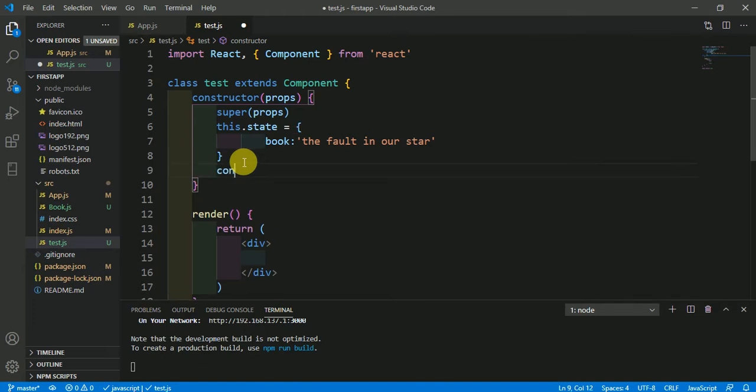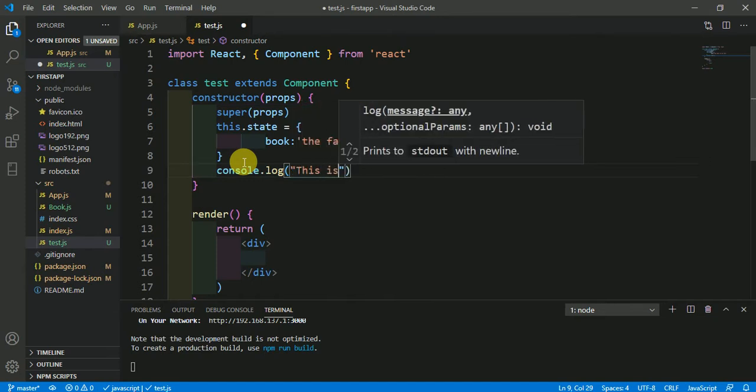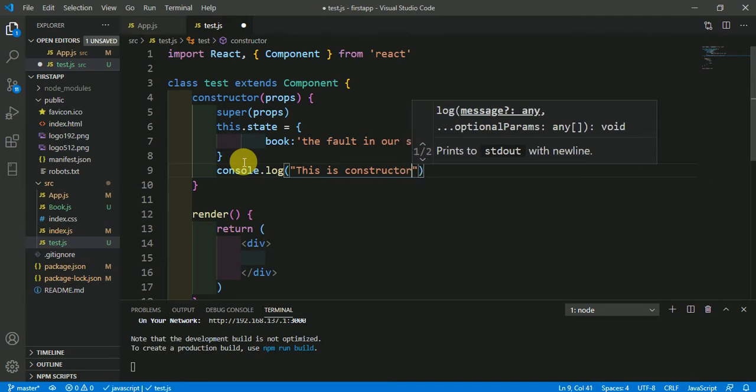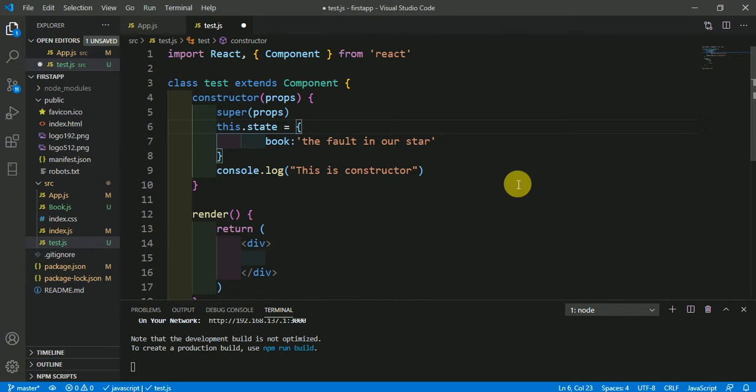Just type here console.log, this is constructor. So here we have defined the state in the constructor, and in the previous video we have already seen how to render this state element here, so we are not going to discuss it.